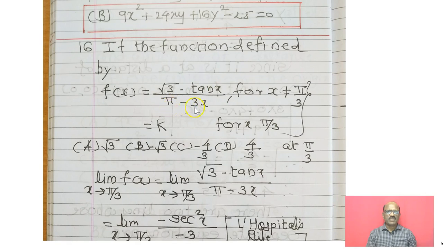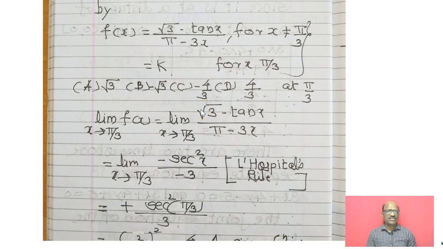Now next, if the function is defined by f of x equals root 3 minus tan x upon pi minus 3x for x not equal to pi by 3, and equals k for x equals pi by 3, then what is the value of k? The given function is continuous. Therefore,